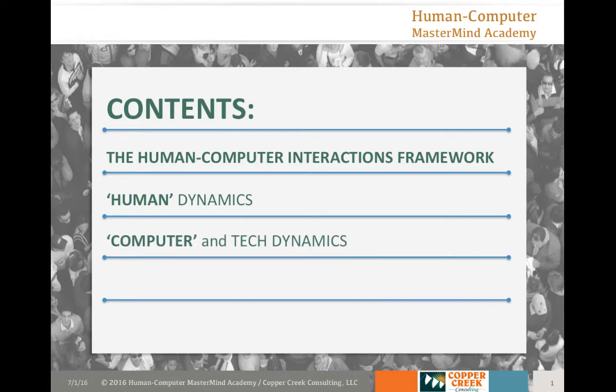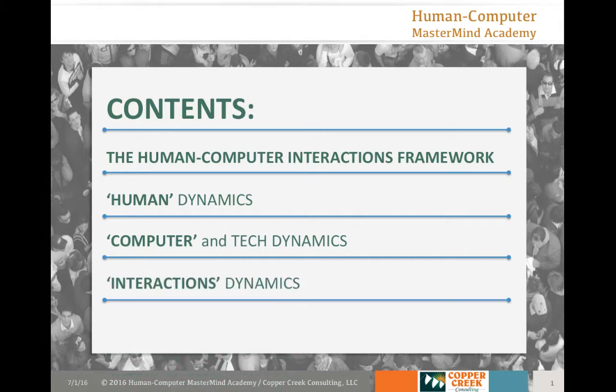Second of all is the computer, and that can include a lot of things: websites, social media, apps, intranets, any interface that you're providing them that's going to communicate who you are and what you offer the world and what sorts of services or value you might provide that audience.